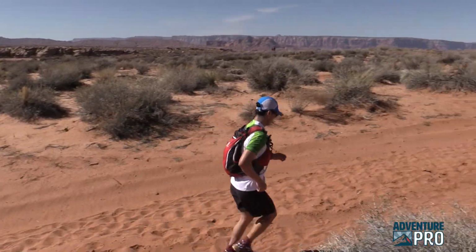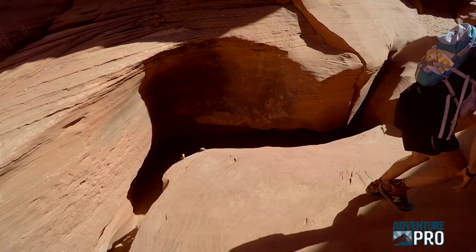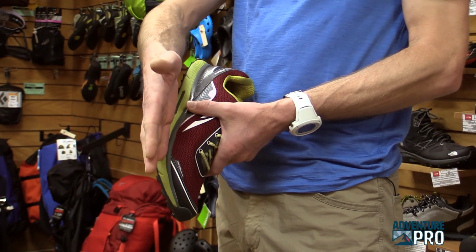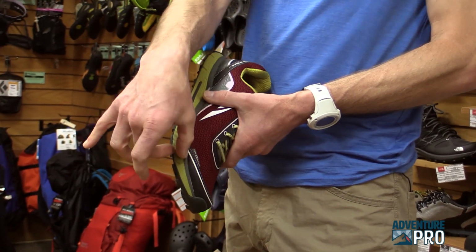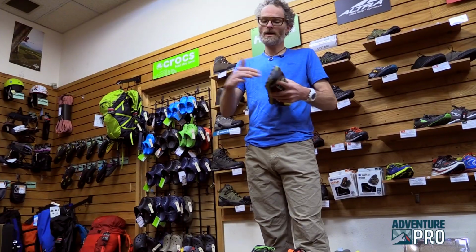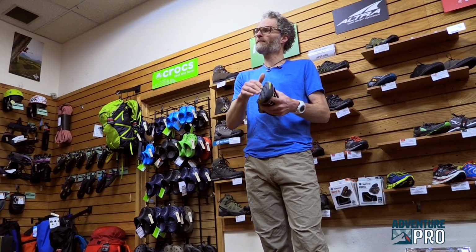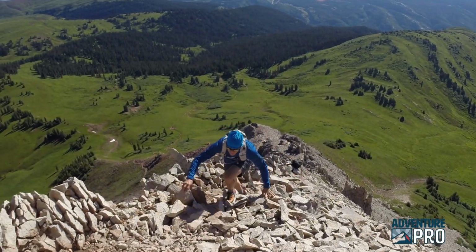The main differences between a trail shoe and a road shoe: generally more traction. Most trail shoes have some sort of plastic or polyurethane or compressed EVA foam plate that runs at least on the forefoot, sometimes the full length of the shoe, and it's just going to keep a pointy rock from poking through and hitting your foot. If it's just foam there, there's not a lot to keep a rock from hitting you, maybe giving you a